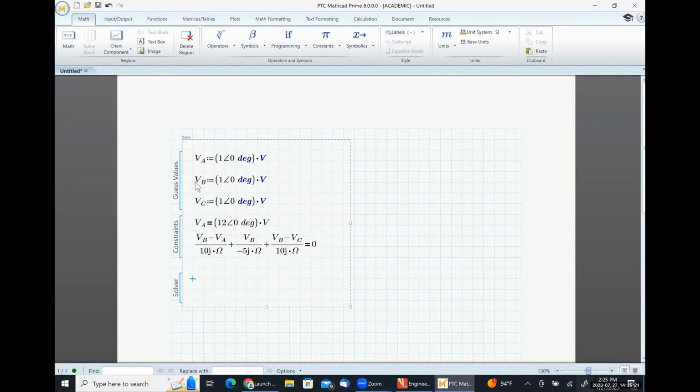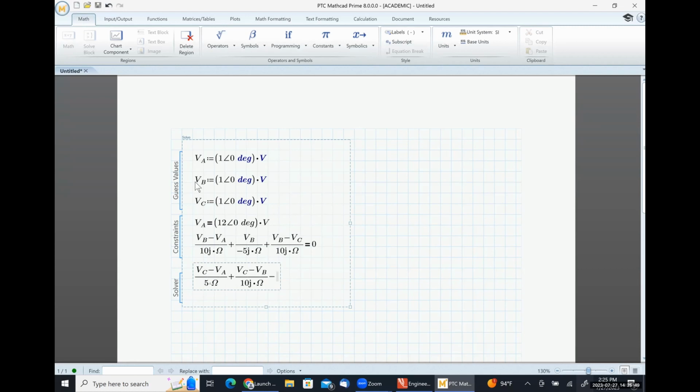And then we're ready for our third and final equation. So we're going to have VC minus VA divided by 5 ohms plus VC minus VB divided by 10j ohms